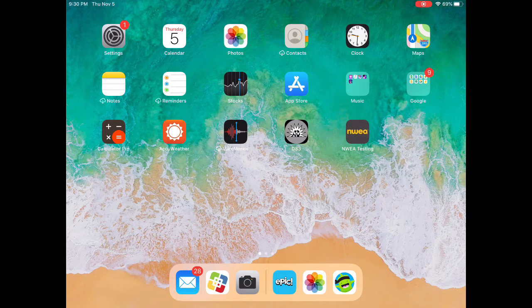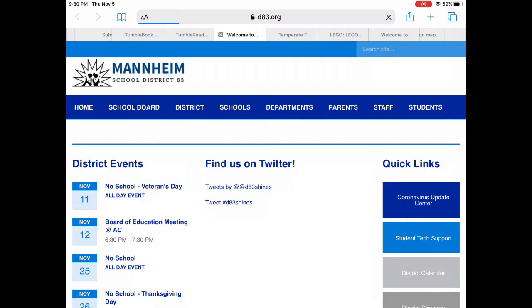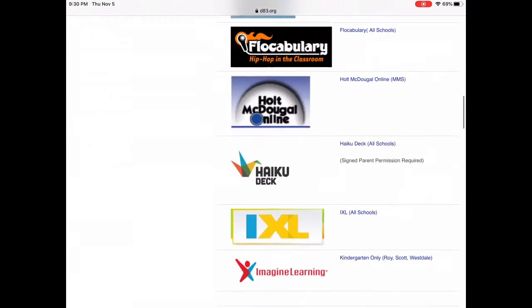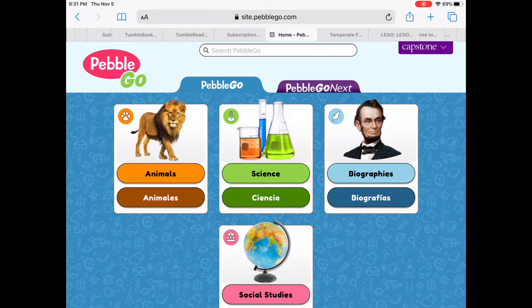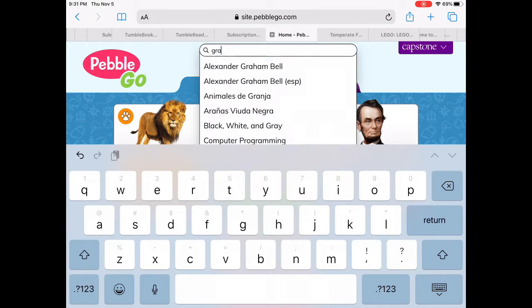Hi, second grade researchers. Today we're going to research the grassland habitat. We're going to go back to students, then subscriptions, and our favorite Pebble Go. I hope you enjoyed your research last week of the temperate forest, and now we're going to move on to the grasslands. So you could either go ahead and type grasslands in the search, which is what I will do,